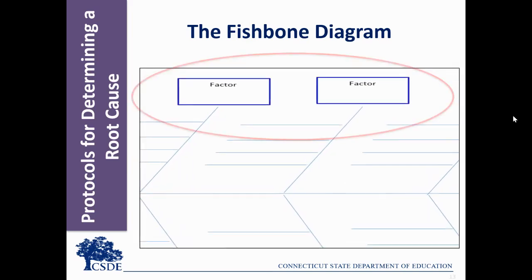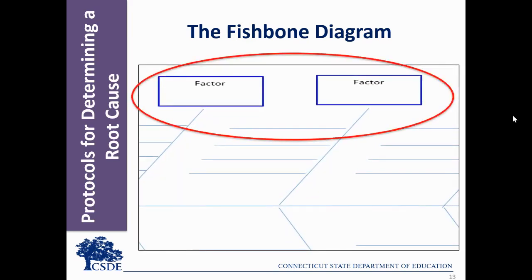Then the team records the contributing factors at the top and the bottom of the diagram. There may be more than 6 contributing factors, or there might be less. But try to consider as many possible factors as you can during your analysis. To create more organization, the team may want to record the student-related factors at the top and the adult-related factors at the bottom of the diagram. To continue with our example, some of the factors include curriculum alignment to standards is weak, and there has been limited professional learning on math instruction with these standards.